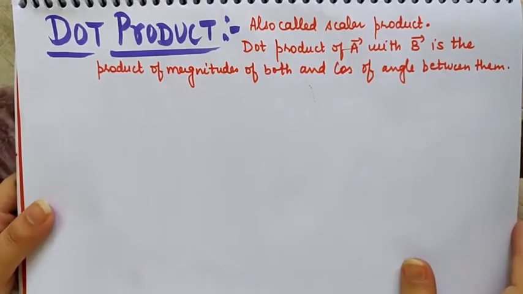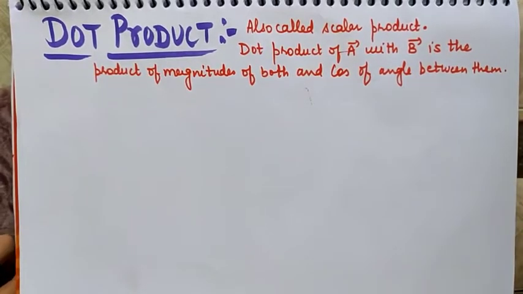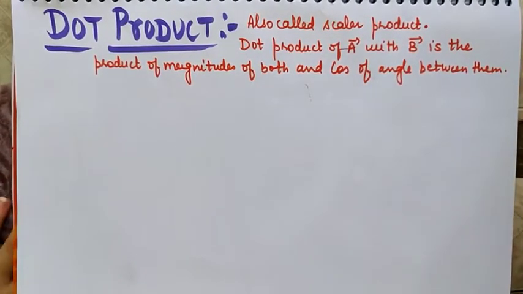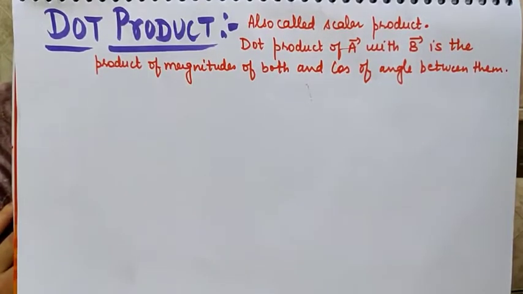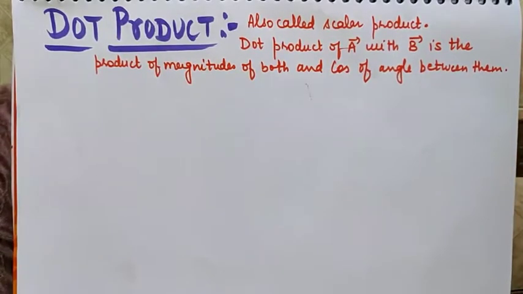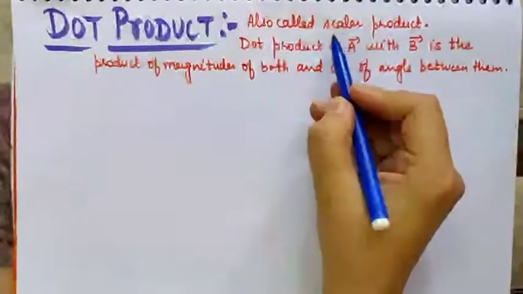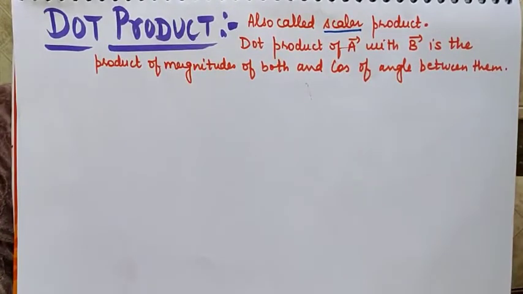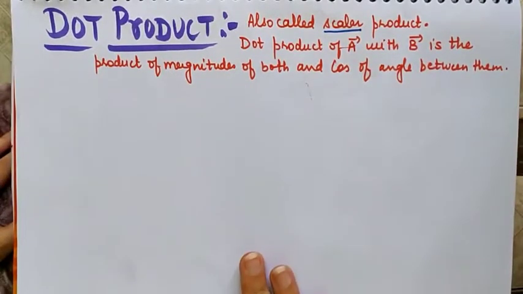So children, next we are going to discuss the dot product of two vectors. It can also be called multiplication of vectors, but actually this is a special kind of multiplication which involves some kind of rule. The rule involved in this topic is, number 1, the dot product is always the scalar product. That means the answer you get when you multiply two vectors will be a scalar quantity.